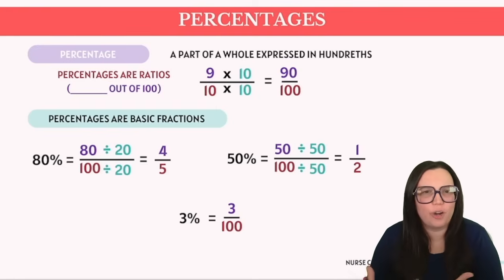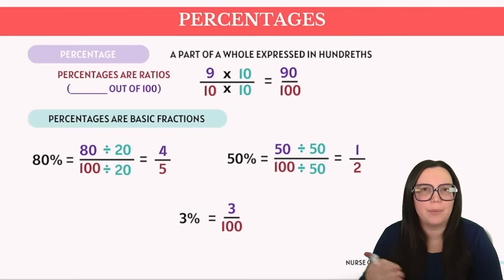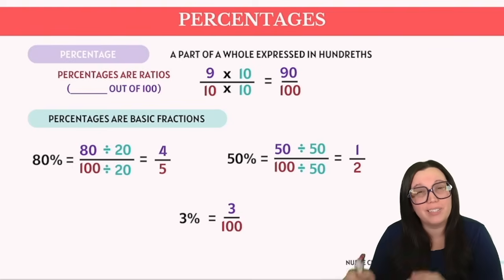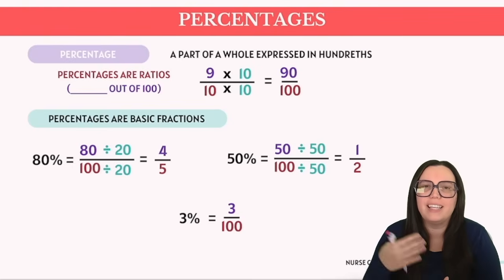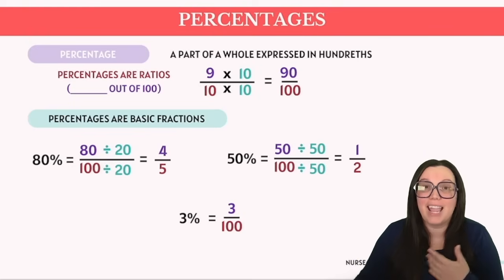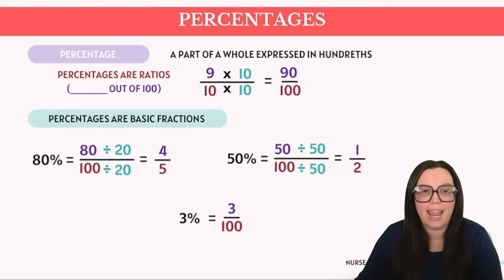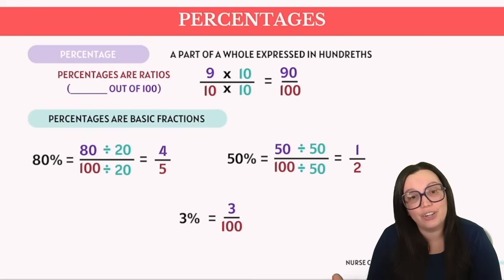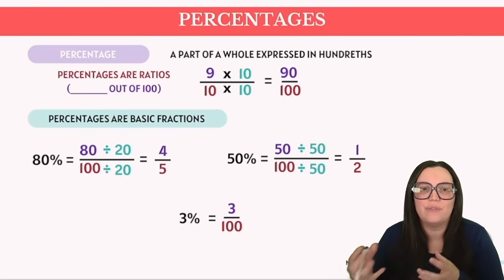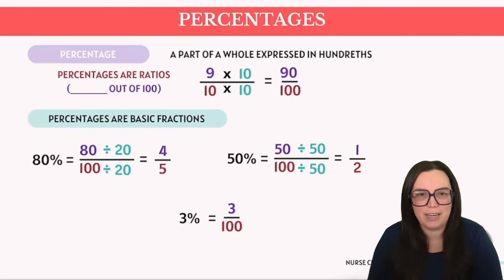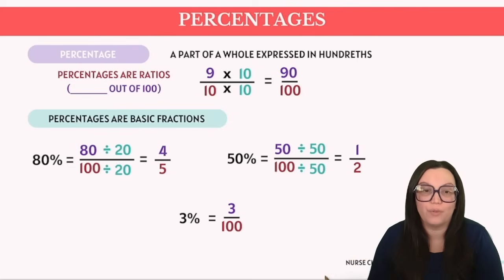While seemingly arbitrary, that benchmark of 100 provides a convenient standard for comparison, making it easier to understand and compare different quantities. Viewing percentages as basic fractions offers a clear perspective. For instance, 80% translates to 80 out of 100. As we've learned, simplifying fractions involves dividing the numerator and denominator by a common factor. Here, dividing each side of the fraction by 20, we arrive at 4 over 5,